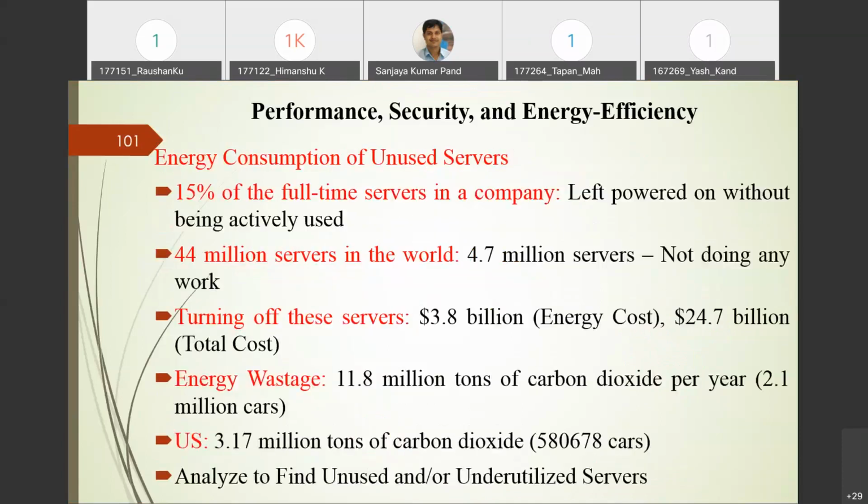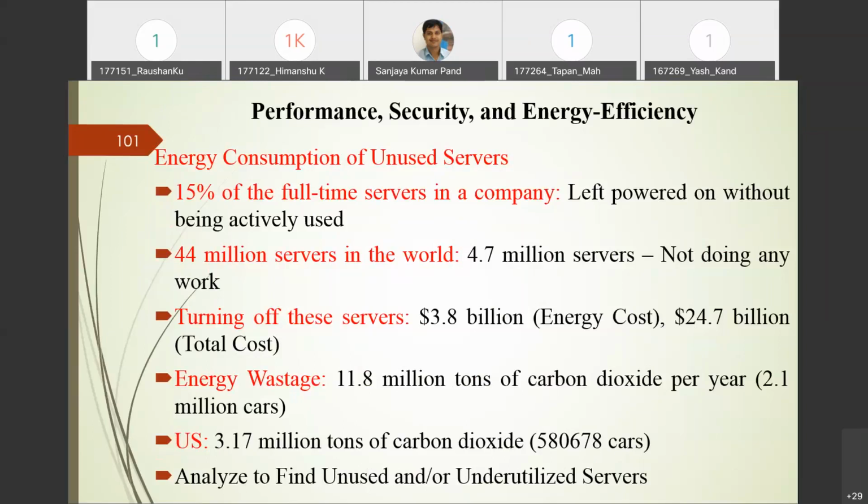See here, the energy consumption of an unused server. Many analyses suggest that for personal computers available in the whole world, the utilization rate is only 5 to 10%. In the server case, it is 30 to 35%. It directly implies that 90% of personal computers, or 60 to 70% of servers, are not utilized properly. That we call an unused server.